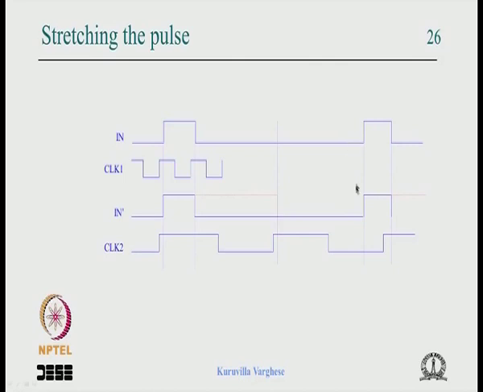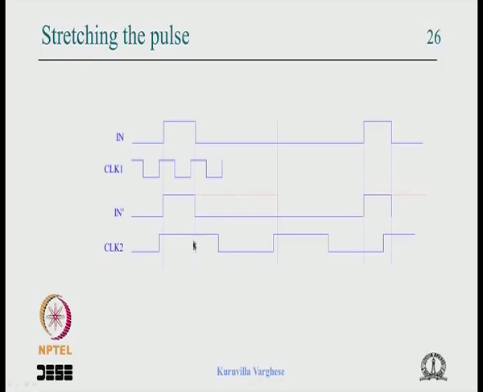But the game is that we can stretch this pulse, because the next pulse comes only after 1 microsecond. Maybe it is even possible to stretch all the way to 500 nanoseconds. And you can use a much lower clock frequency to detect this change at the state machine. So this is possible, but